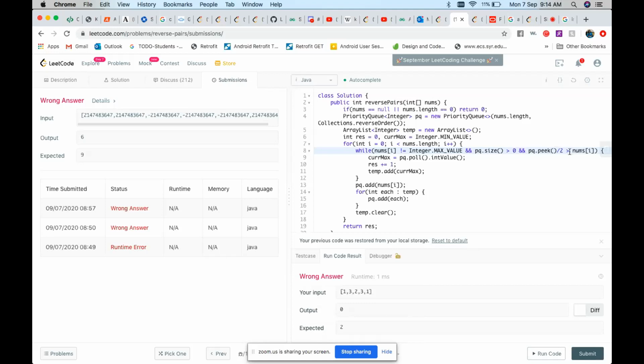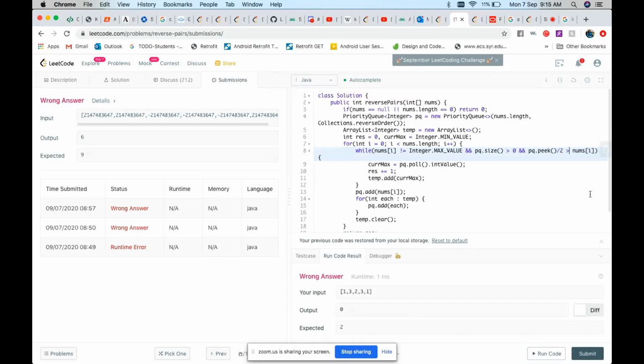So this should be greater than. I think nums of i should be divided by 2, right? Yes, the condition is like this: nums of i times 2, divided by... Is it greater than or equal?